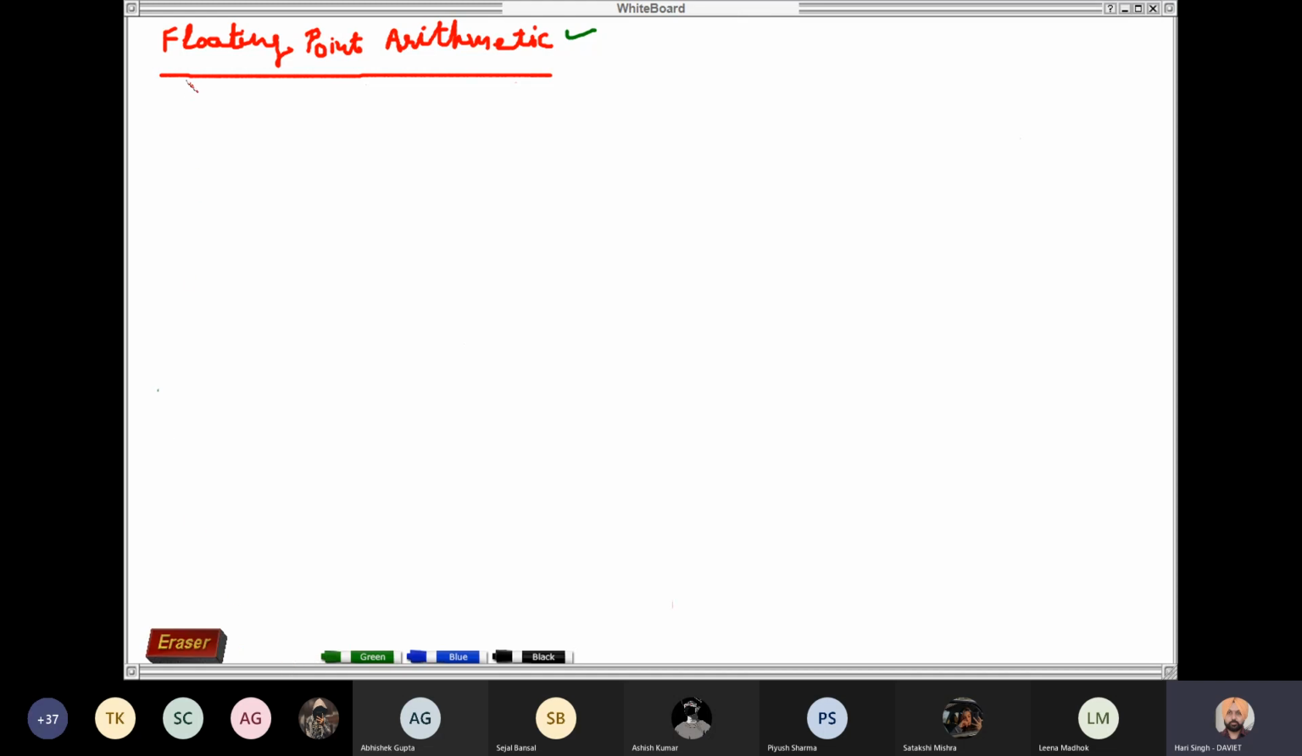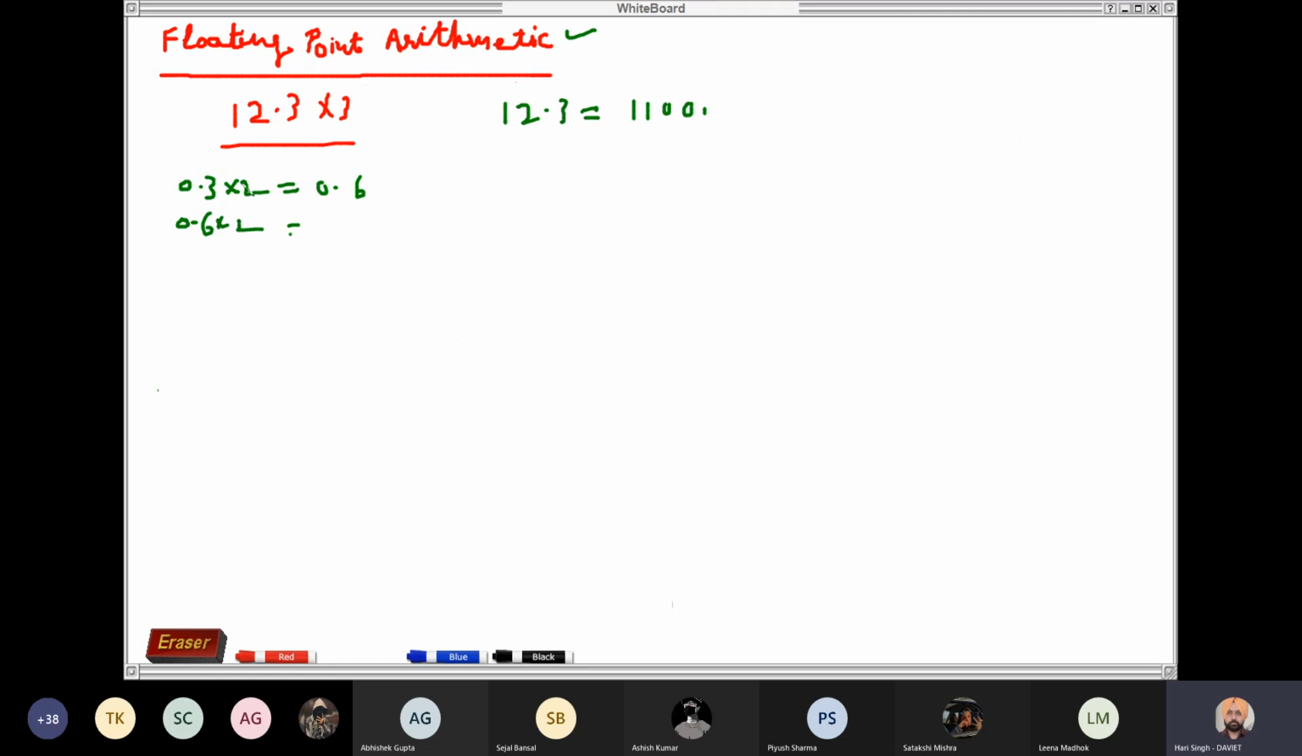The second example is 12.3 and say 3. First of all, write the binary equivalents of these numbers. So 12.3 can be written as 12, it is 1, 1, 0, 0. Then 0.3. To convert 0.3 into binary, multiply it by 2. It will become 0.6. Then 0.6 into 2, it will be 1.2,